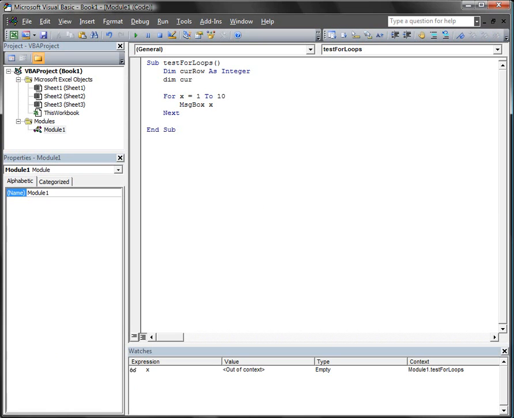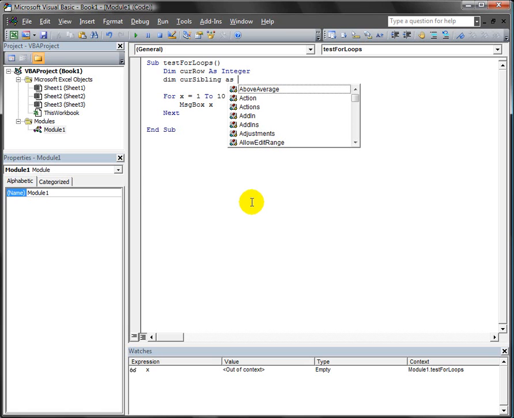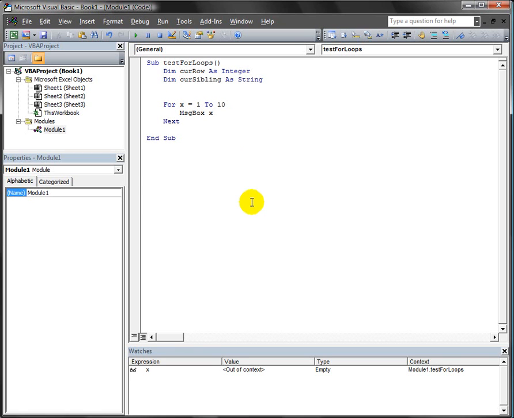I'm going to use current sibling, I don't know if I spelled that right, and I'm going to declare this one as a string. And this will hold the sibling's name, and I'm going to include num of siblings